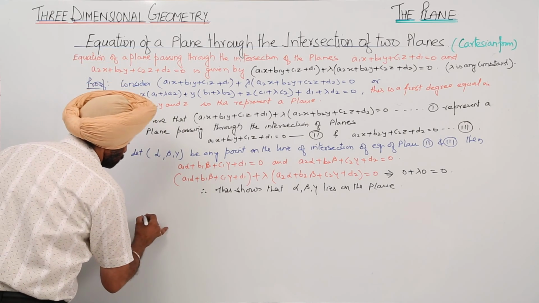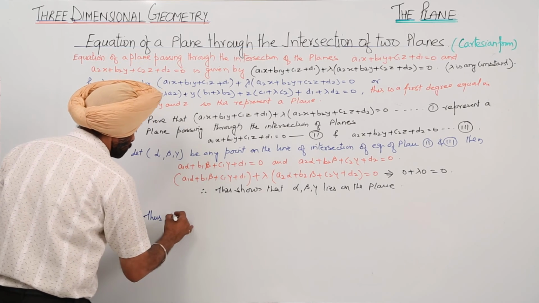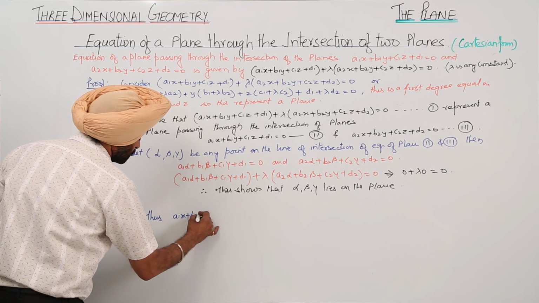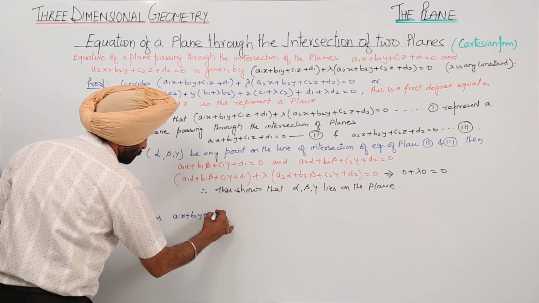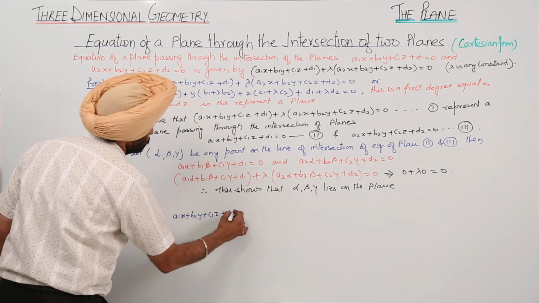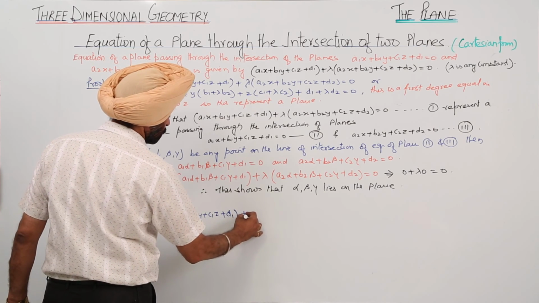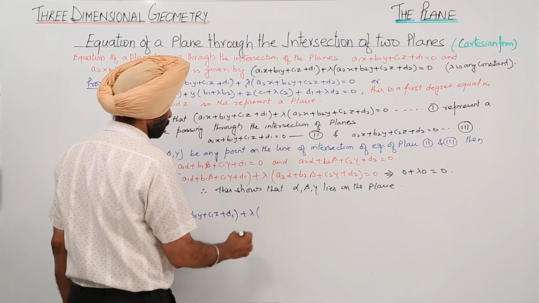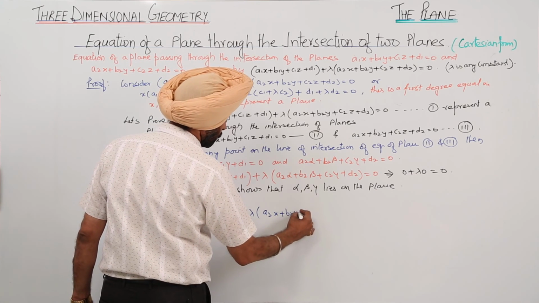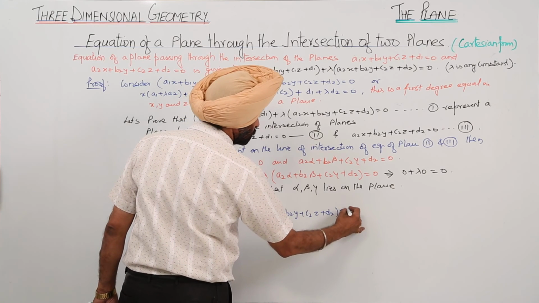Thus, a1x plus b1y plus c1z plus d1 plus lambda times a2x plus b2y plus c2z plus d2 is equal to 0